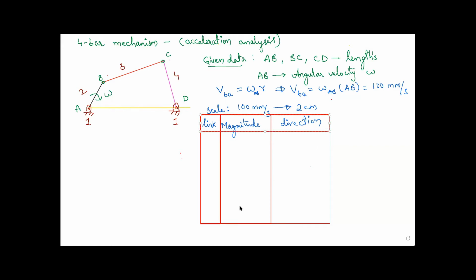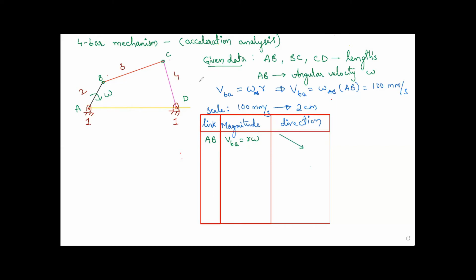The first link we are taking is link AB. Magnitude: how did you get it? Velocity of B with respect to A is equal to R into omega. And what is the direction, guys? To know the direction, I told you that you have to take the perpendicular, because it is moving in the clockwise direction. From B, the arrow is going to face downwards, exactly perpendicular and downwards. I'll show here what direction it is, and the direction is pointing this way. I hope you're getting the point.